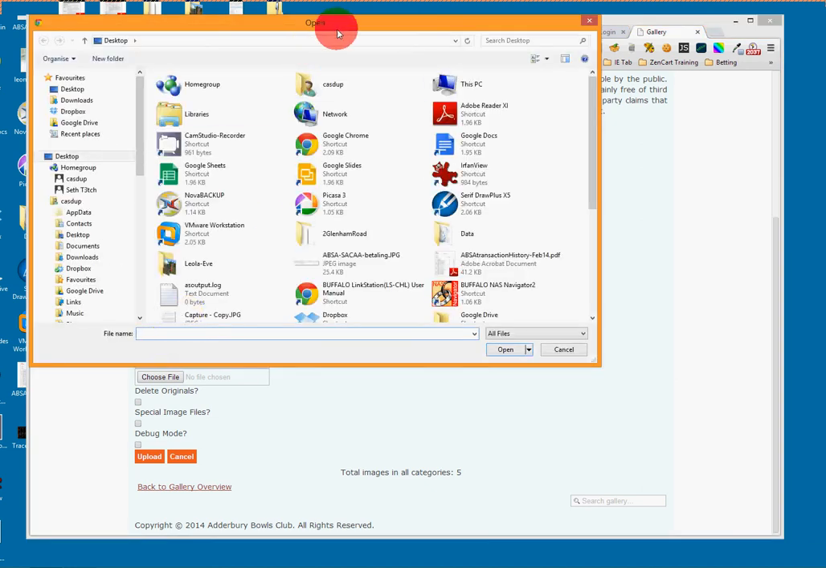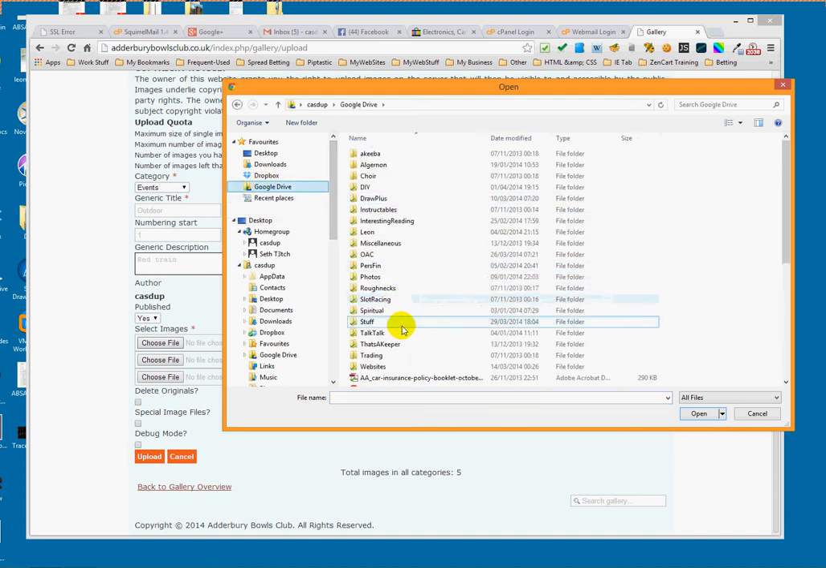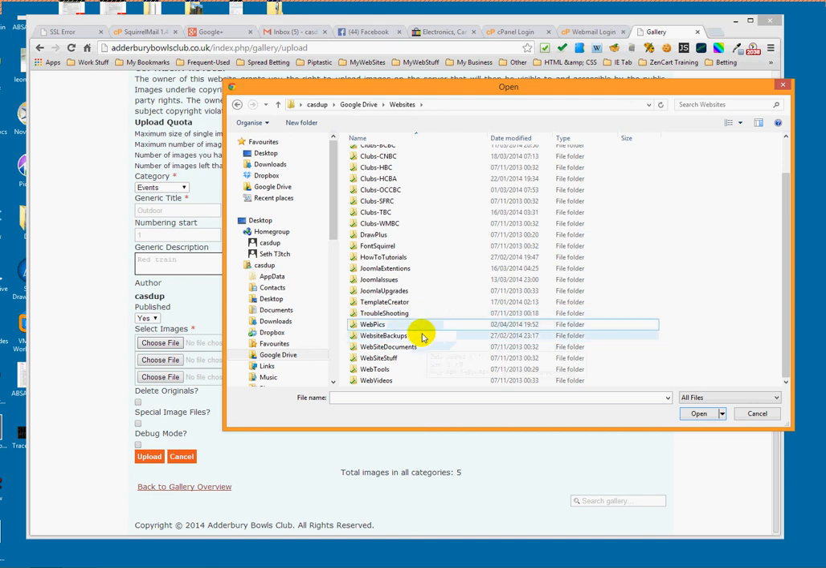So it comes up with your file structure to try and find your files. So what I'm going to do is I'm going to go to Google Drive, which is where I normally keep all my stuff. Now let me just try and find it. Go to websites. I'm just trying to find that. Let's say WebPix, I think,